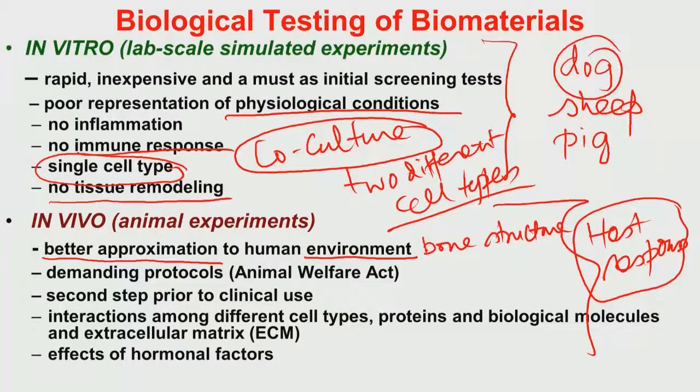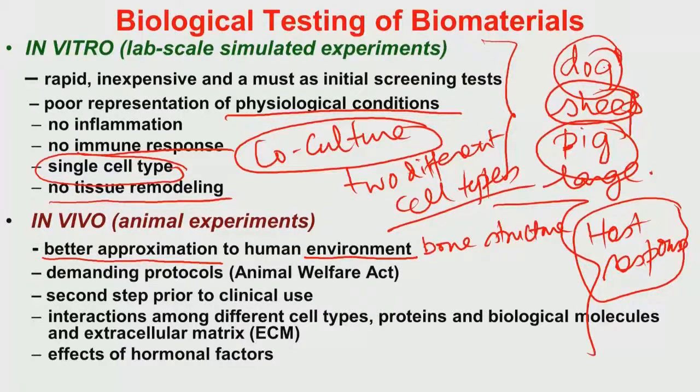Now, dog, sheep and pig models, as you see, are all large animal models. The dog model has a bone composition, bone structure and animal weight that come close to the human, so it can be used as a representative human model. But here again, the bone microstructure and bone remodeling of the dog are quite different from those of the human